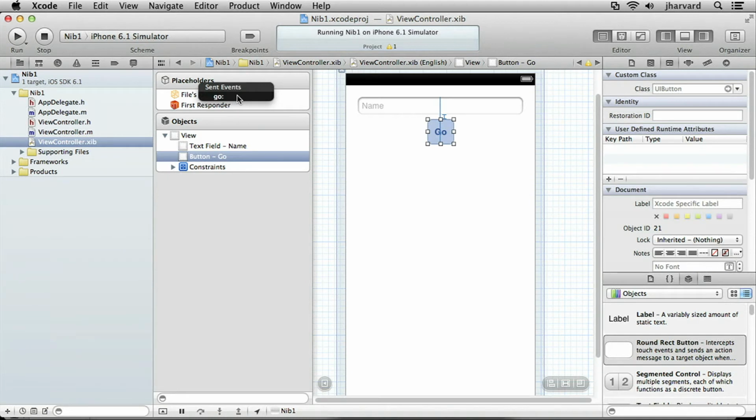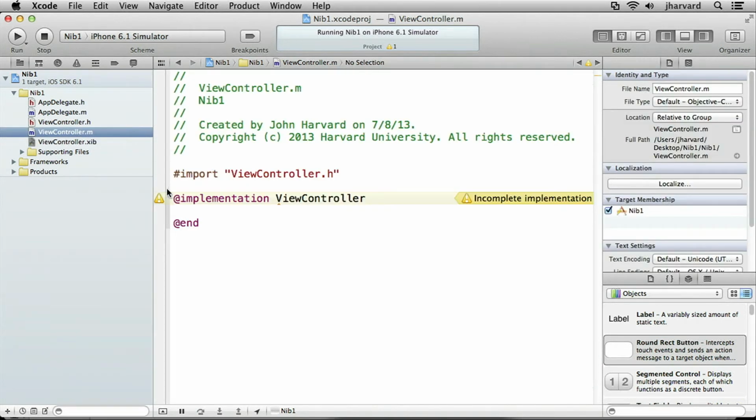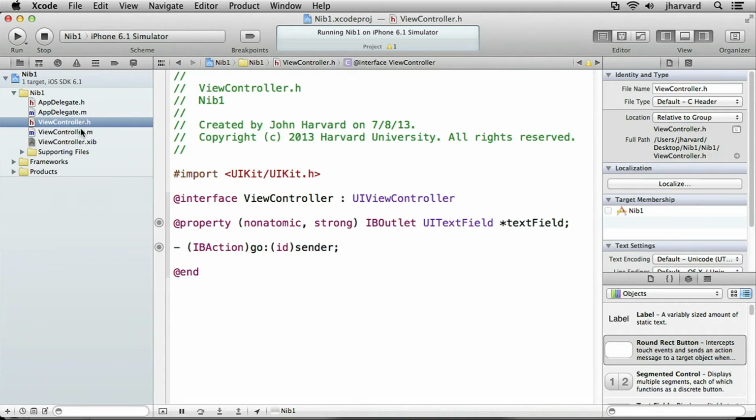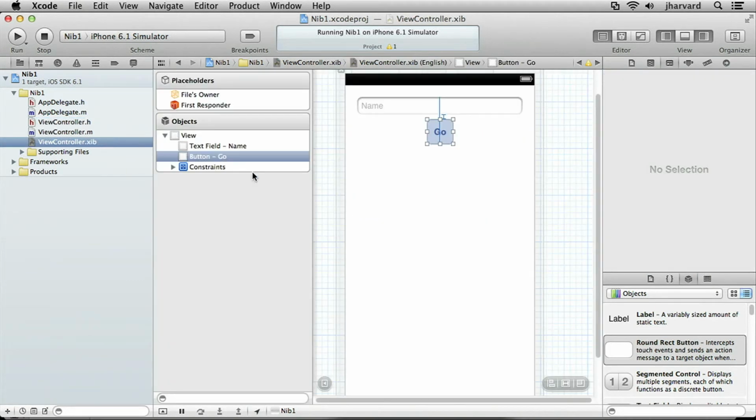And here, honestly, Apple's just inconsistent. They call it an IB action in one place. Here they call it a sent event. It's the same exact thing. So I'm going to click go. And that linkage has now been made. Indeed, if I go back to my code, notice in the H file, the little circle has been filled in. And I can confirm as much now if I go to the nib file and I